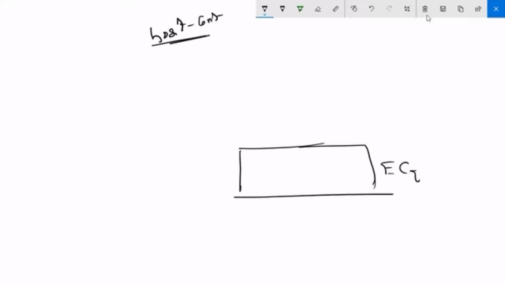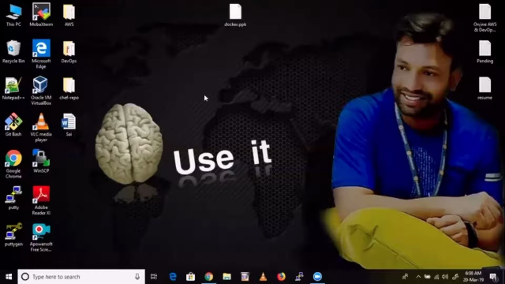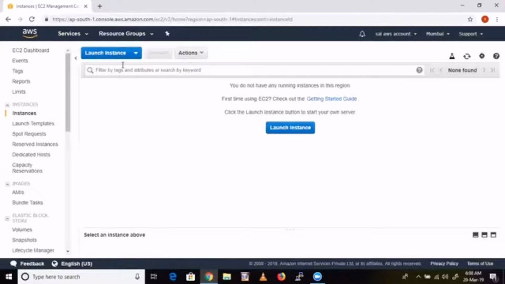So it's my EC2 machine, and I have one container. Now I want to map one volume from here. That's what, one directory I want to map. That's what we call volume mapping from host to container. Okay, so let's see how we can map. It's very easy, guys. Very easy. So let me log into my machine.